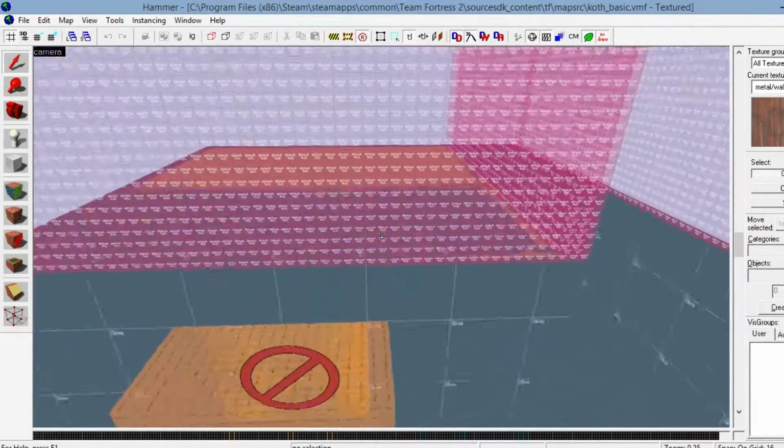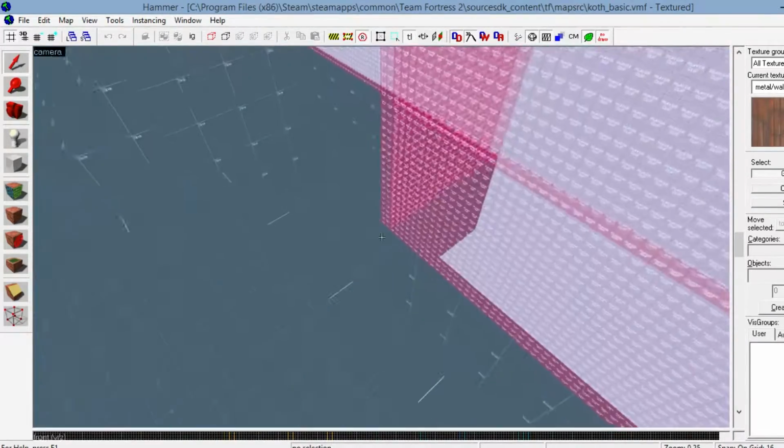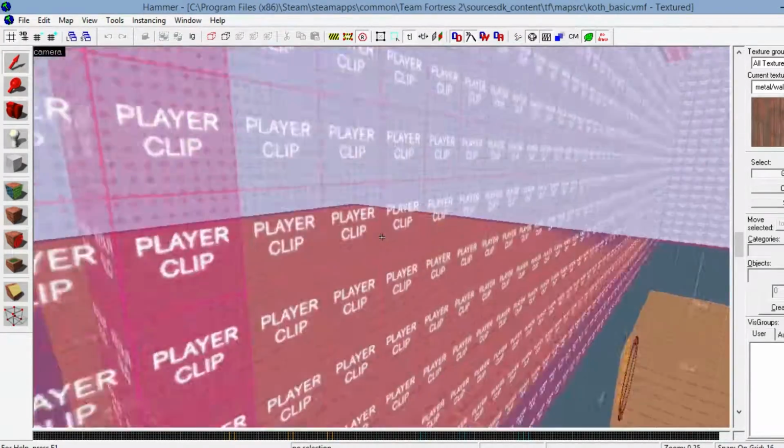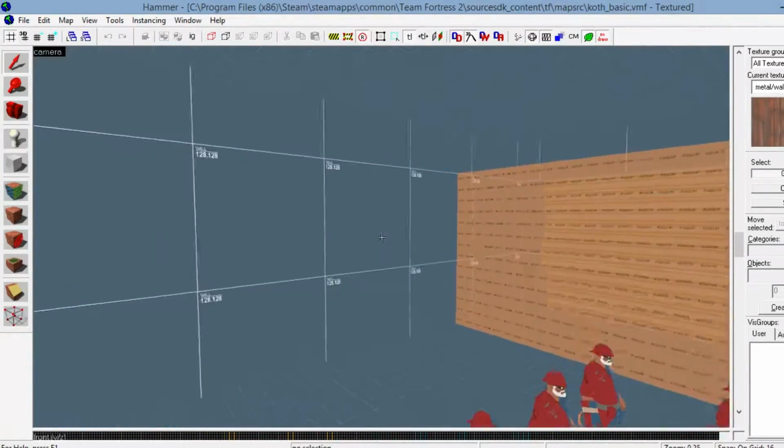But then I decided I wanted a kind of decent map to try the cough logic on. So I made this map. So I'll try and quickly show what this map is like